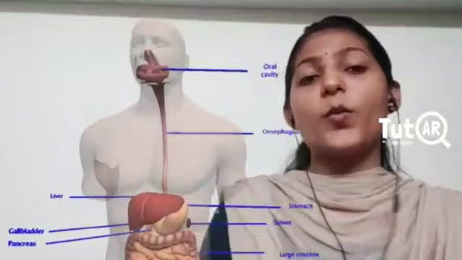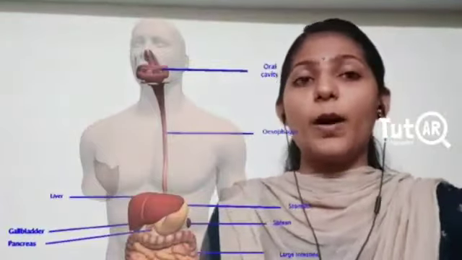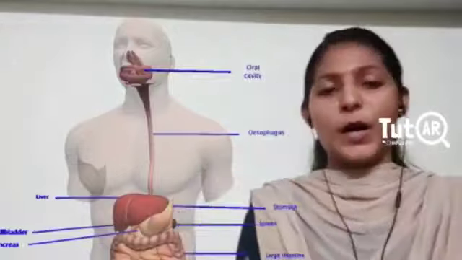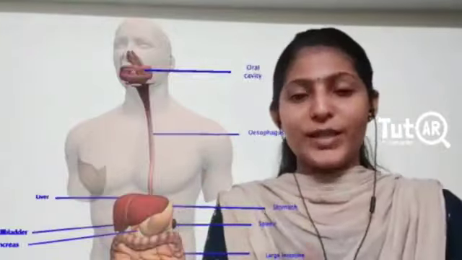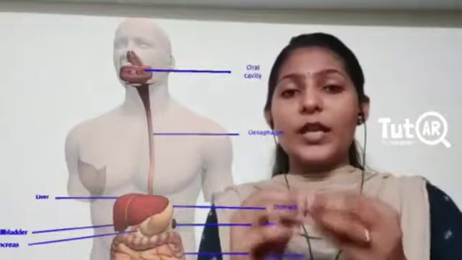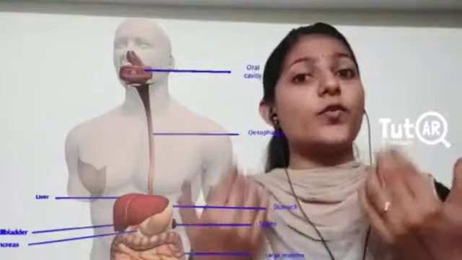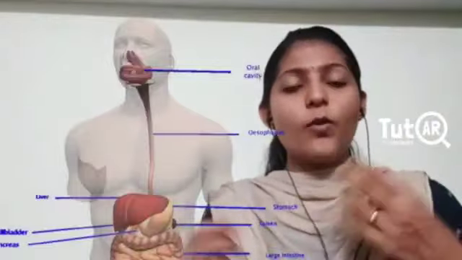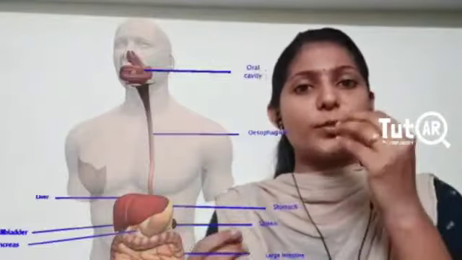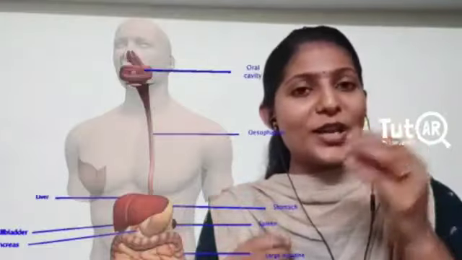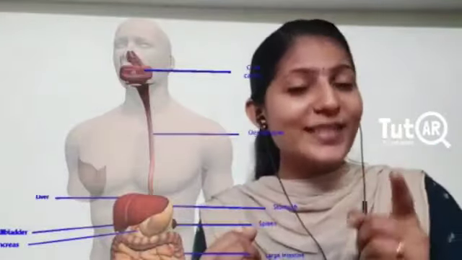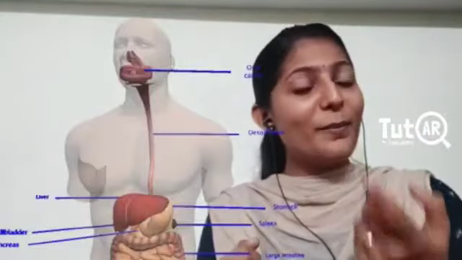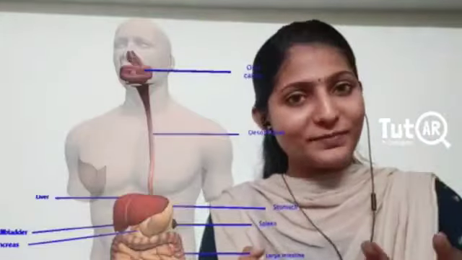So the first part is the oral cavity, or the mouth. We all know that we take in food through our mouth. When you take in your food, it needs to be broken down into smaller particles. You cannot swallow it otherwise. Suppose you are eating bread, what happens immediately when you put the bread into your mouth? You start chewing it with the help of your teeth, and you start mixing your food with the help of your muscular organ, which is the tongue.